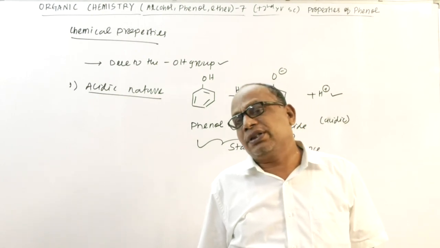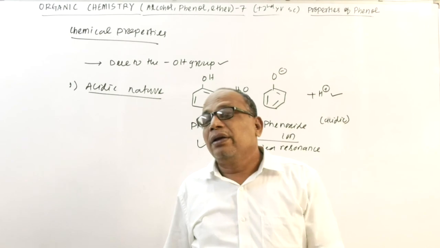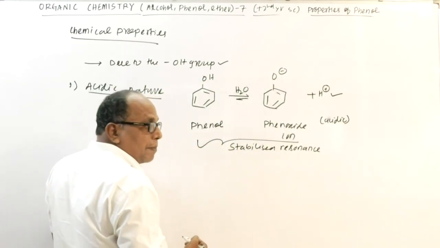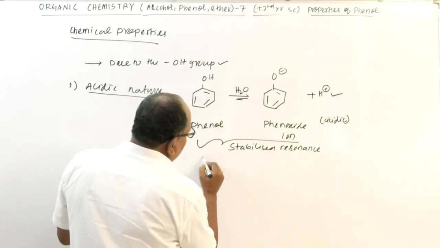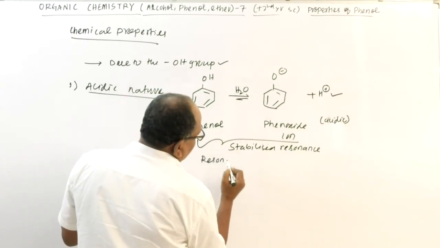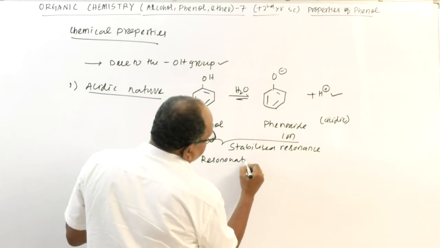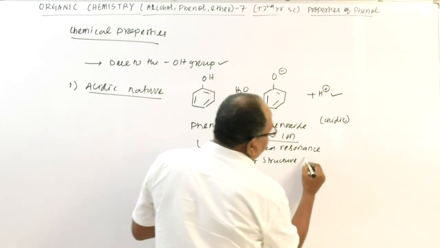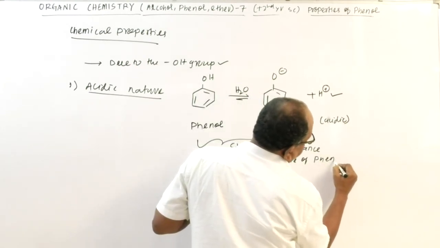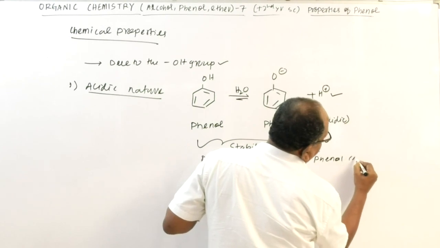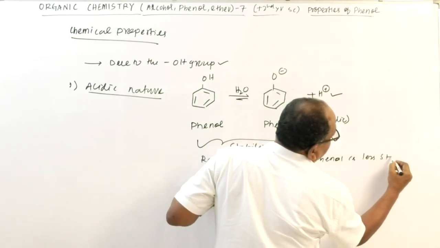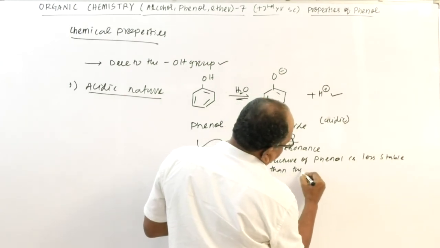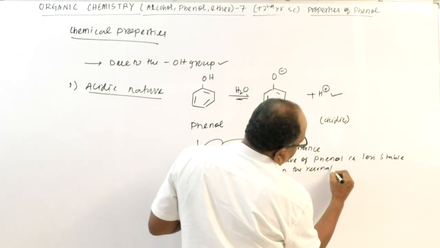You know, the more the number of resonating structures, the more the stability. But the resonating structures of phenol are less stable than the resonating